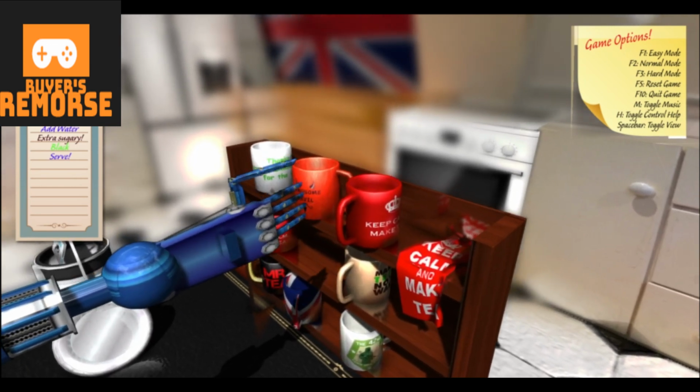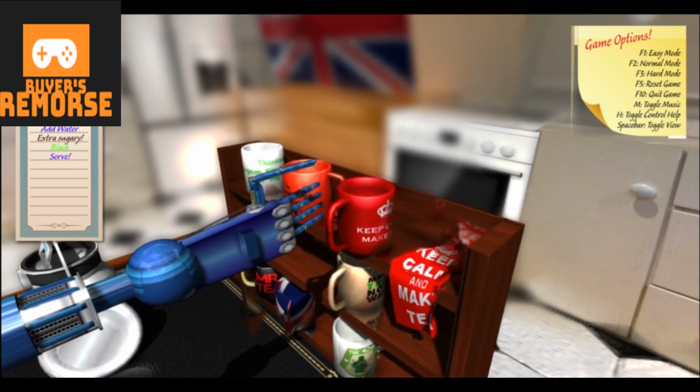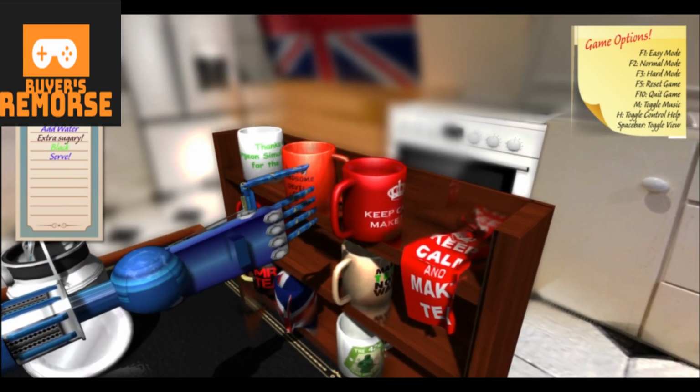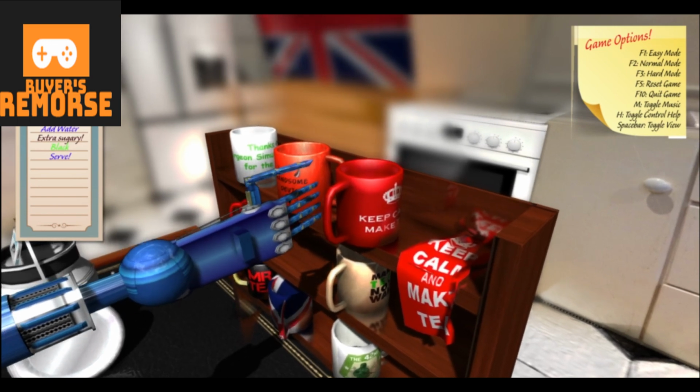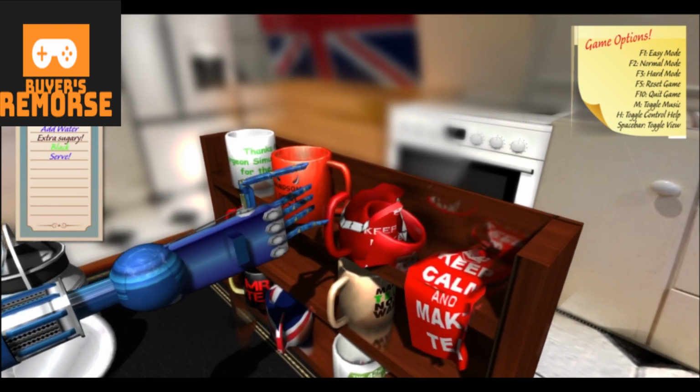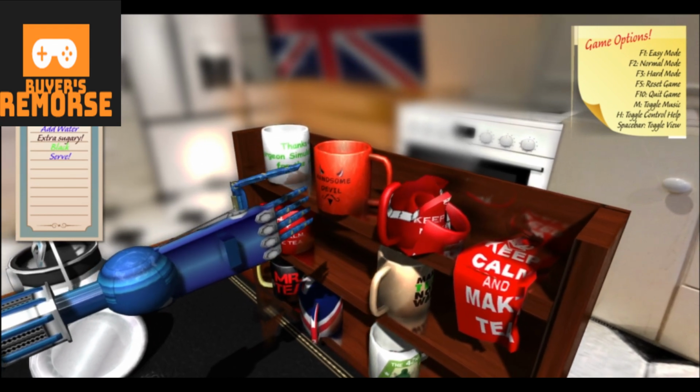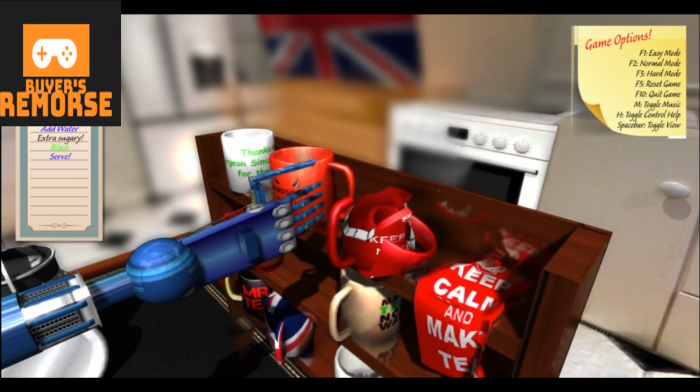But yeah, and it's really, really twitchy. I mean, your robot hand has the shakes pretty much, you know? So basically you've got the order on the top left corner, and the order will be,